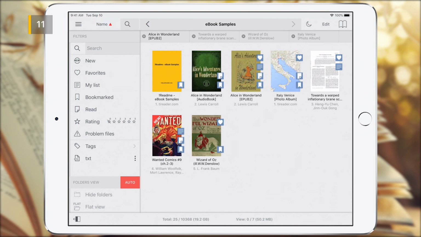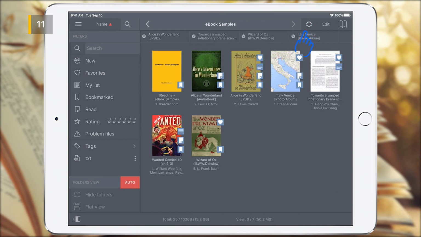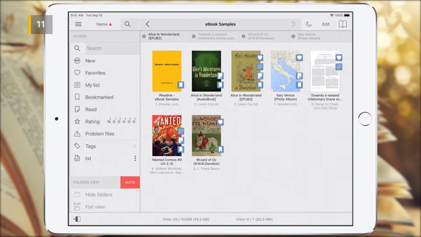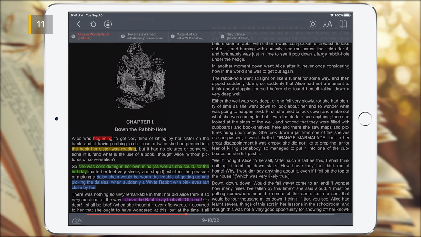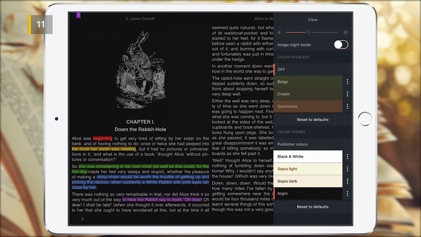In the library or reading mode, you can always select day or night mode with this button. In the library, changing the day-night mode changes the interface colors. In the reading mode, in addition to the interface colors, a customizable theme of the ebook is automatically selected. In the night mode, the color theme that was previously set by you in the night mode is automatically selected.